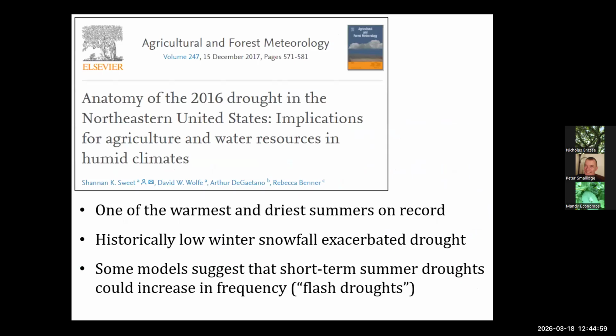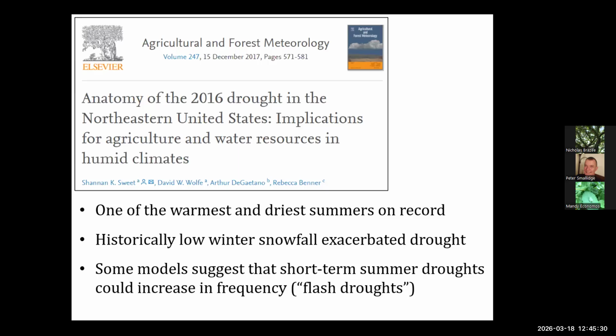All right, just going back to that drought for a minute. So this was a paper that came out, The Anatomy of the 2016 Drought in the Northeast. And what they discussed here, 2016, we had one of the warmest and driest summers on record. We had a historically low winter snowfall that exacerbated the drought conditions during the summer. And what's interesting when we look at climate models and we look at the data, it's getting warmer, we know that, it's getting wetter, but some of the models are also suggesting that these short-term summer droughts could increase in